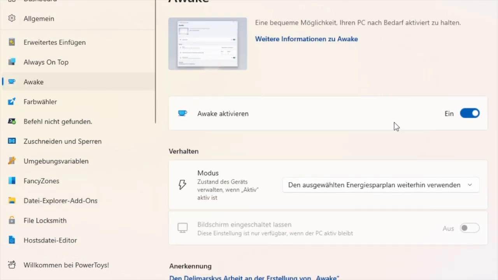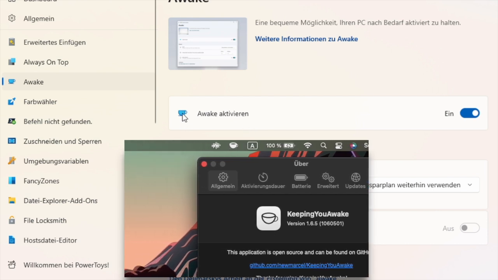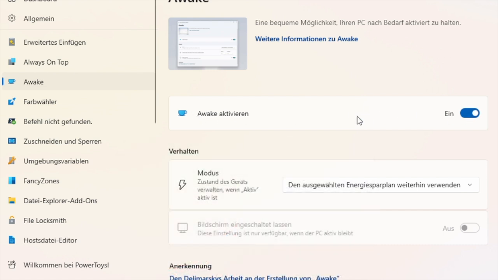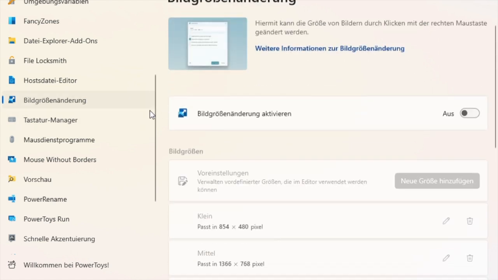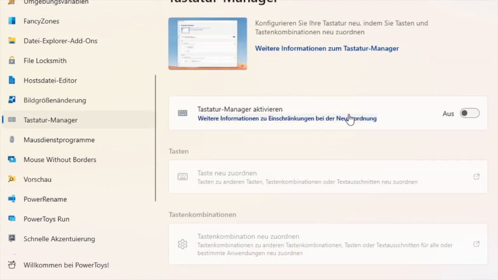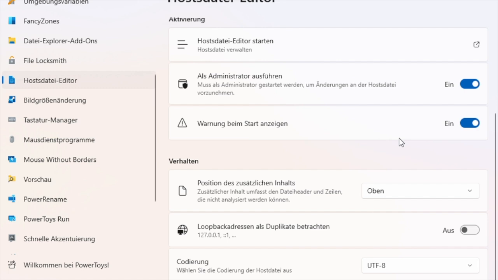And if you know the programs from macOS to keep your Mac awake with the caffeinate command, you can also enable this inside Windows Powertoys. And here are many more things to choose to change the picture sizes, to get your own keyboard commands. Here is a Windows hosts editor, which may be useful,